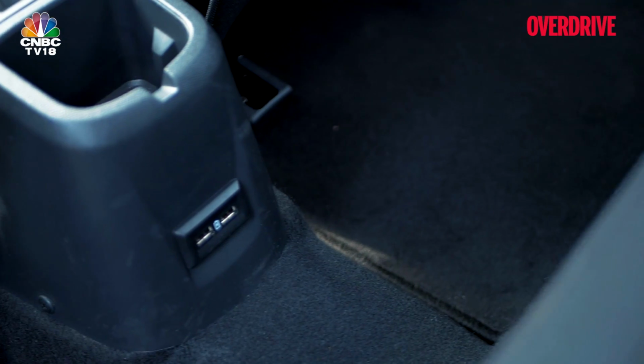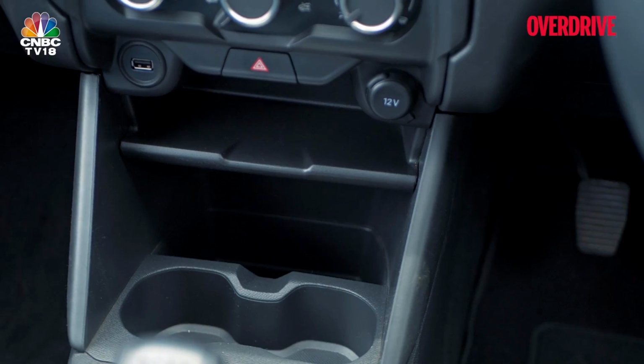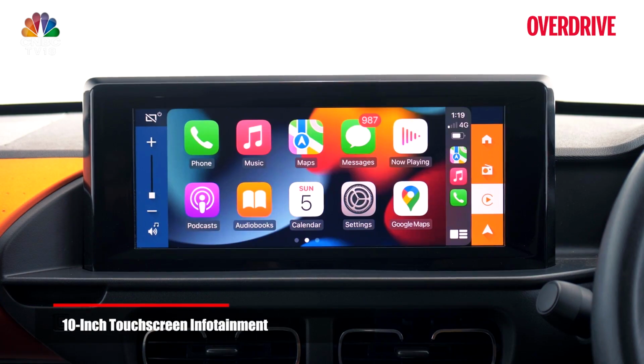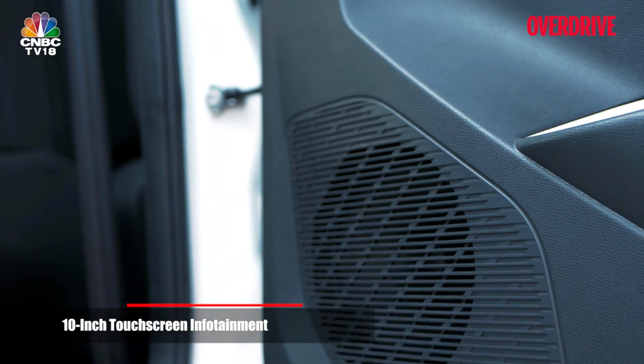So just get that reversing camera if it's available. It's going to be safer. There are no rear AC vents, but you get two fast-charging USB-A ports. There are 2 ports in the front too. There is wireless Apple CarPlay and Android Auto, and while the screen isn't laggy, the audio quality is pretty average